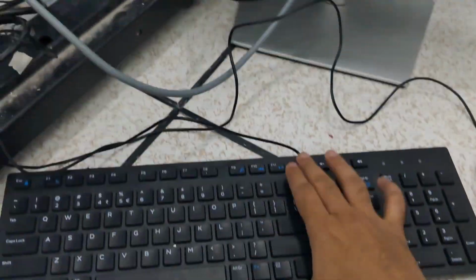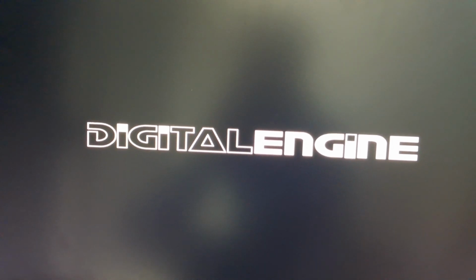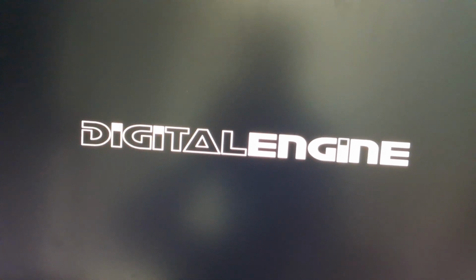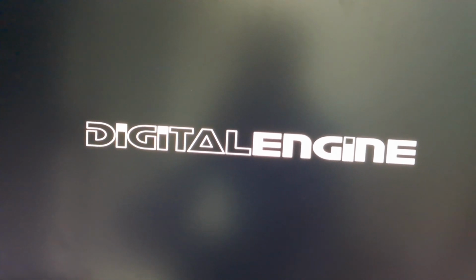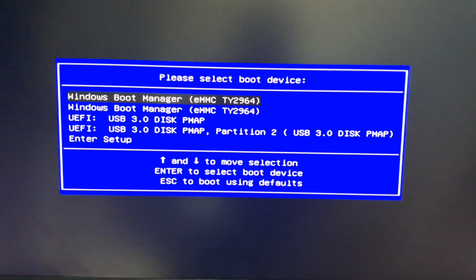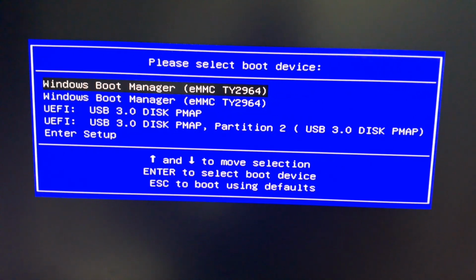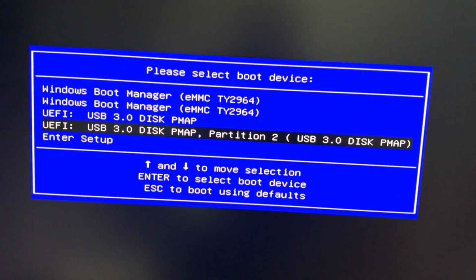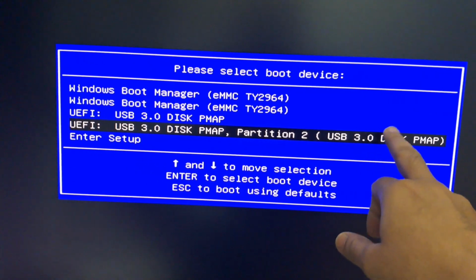As it boots up, keep tapping the F12 on the keyboard until the boot options pop up on your screen. This is crucial for selecting the correct boot device. Once you see those options, select your USB drive and